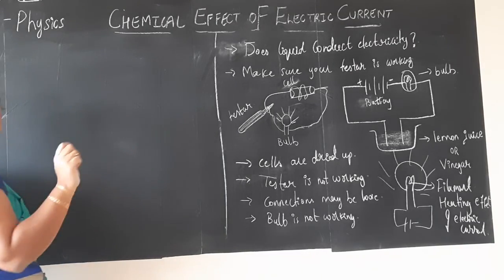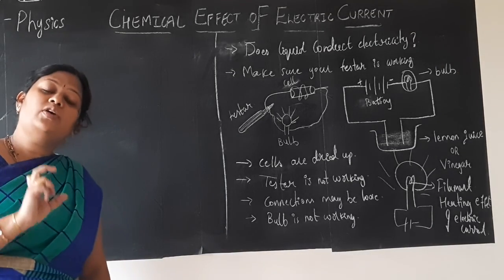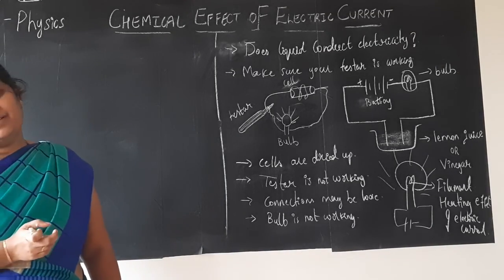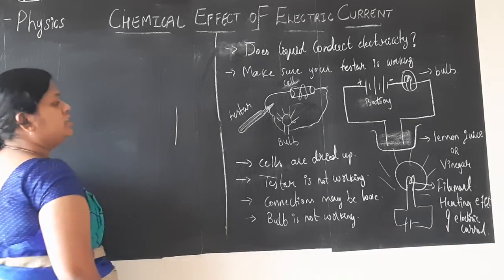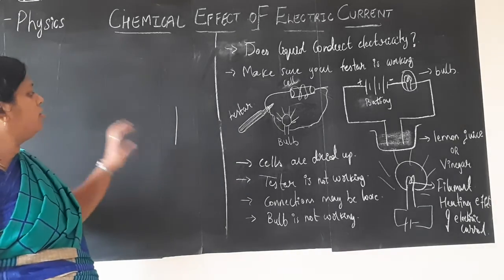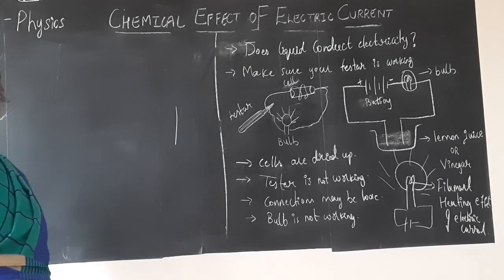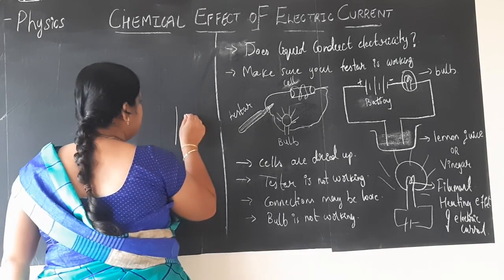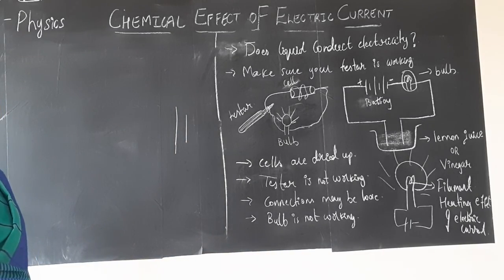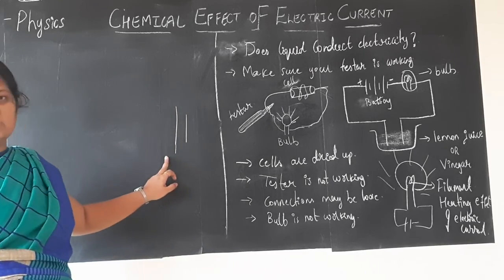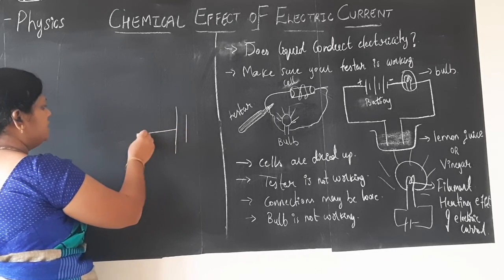Any device you take has a positive end and a negative end, or we say a positive terminal and a negative terminal. Whenever you connect the positive terminal of a battery or a cell in a circuit, it is represented by a longer line. When you connect the negative terminal, it is represented by a shorter line. Okay? Long line is positive, short line is negative. So you are like this. If you connect, children,